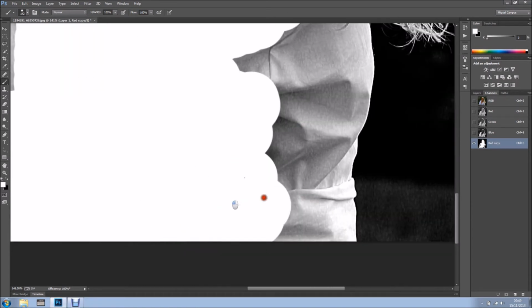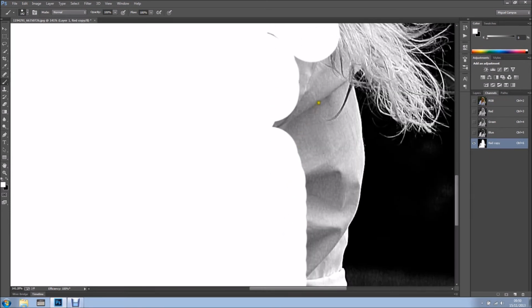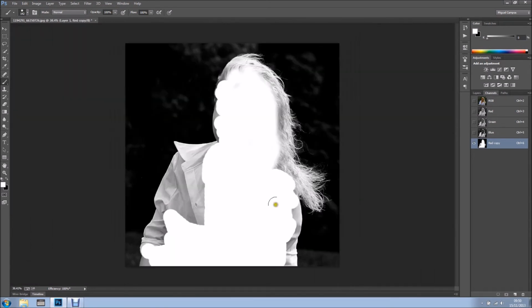And I'm just going over this. If I was doing a proper composite, obviously I would mask that area as well. And I've got a bit of hair in there that was a bit darker. So now I'll just zoom out, and now what I'm going to do is change the blending